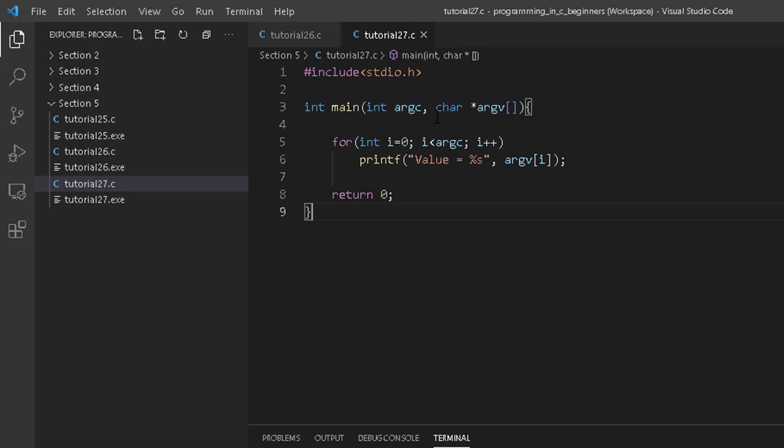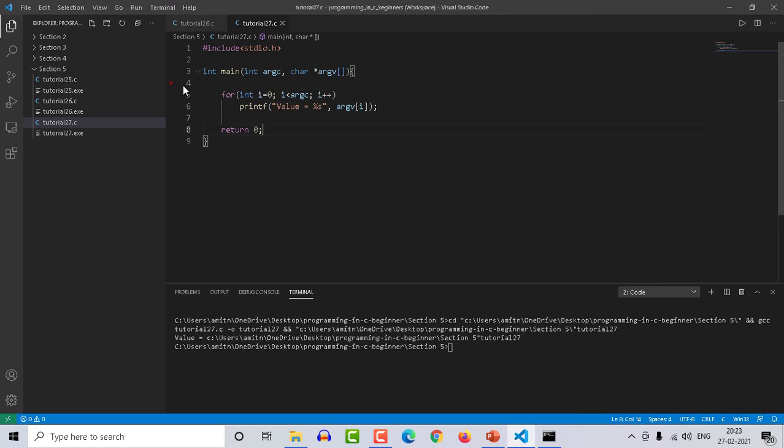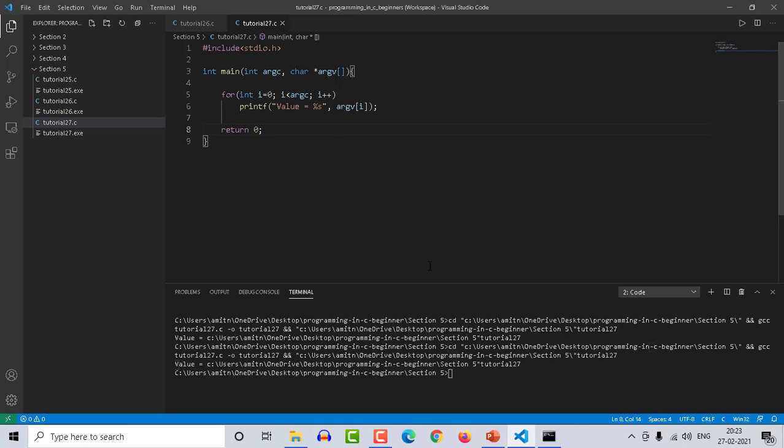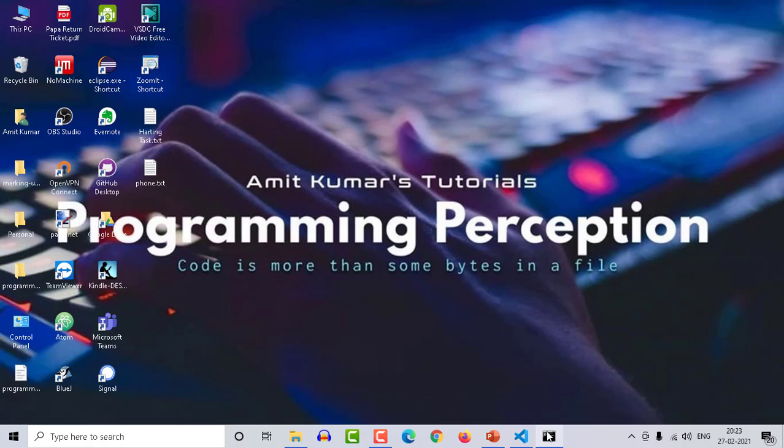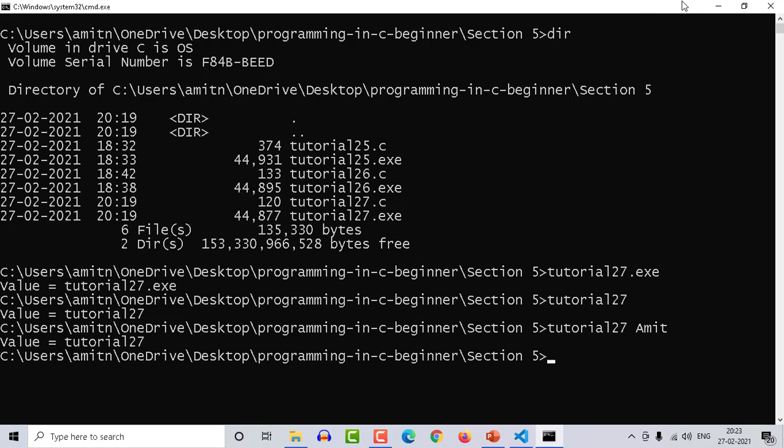Now you can see I have implemented both the command line arguments in the code, right? Here in the loop, I have used argc, and while printing the value, I have used argv. This loop is capable of printing all the values in the collection. Trust me on that, this loop is seriously capable of doing that, and I will show you. Let me run it first so that the exe file can be updated, and let's move on to the command line, or the CMD.